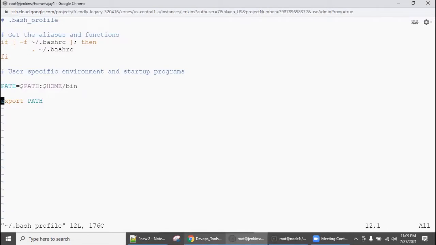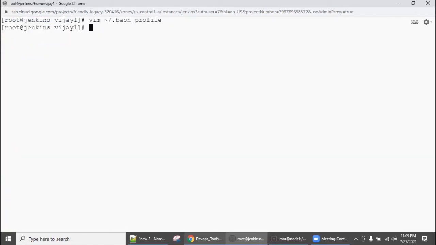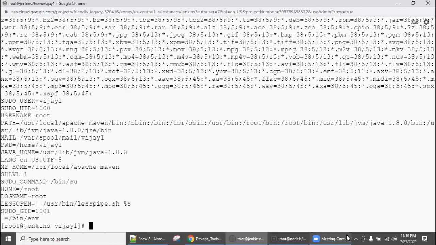Before export PATH, say insert, paste it, save and come out. I don't want to log off and log in as I stated in previous classes, so I'm going to source it. When I say env, yes, it got loaded. See here, the JAVA_HOME, MAVEN_HOME, everything got loaded. So we are good to go.